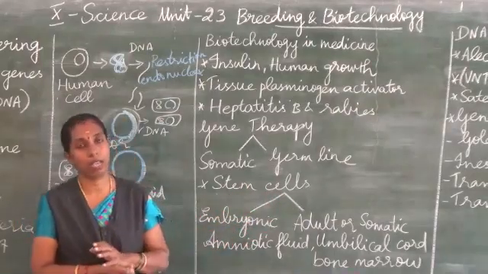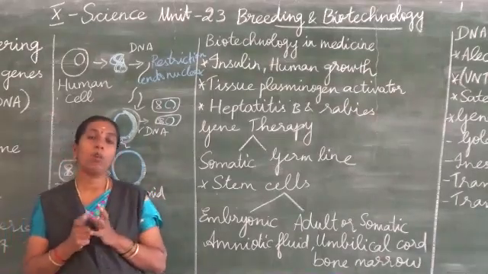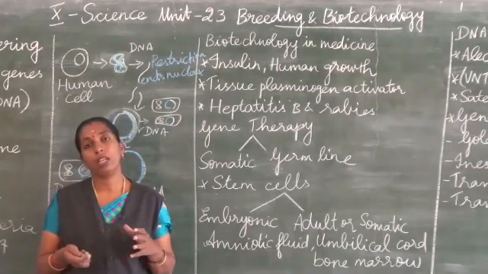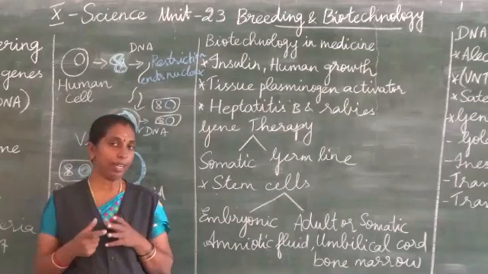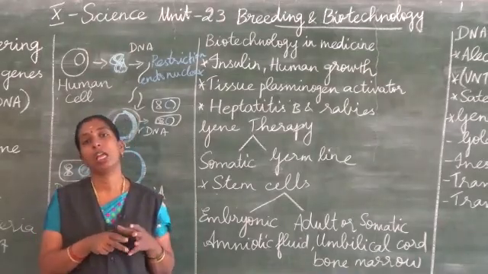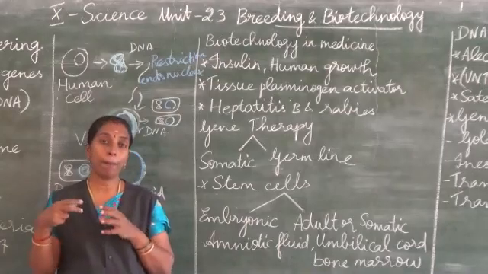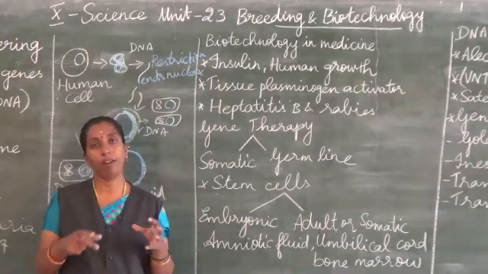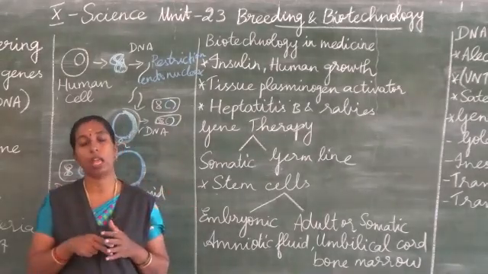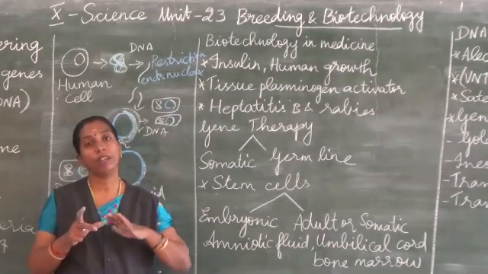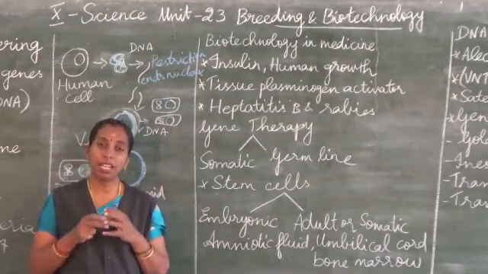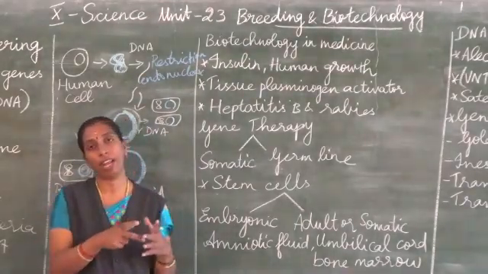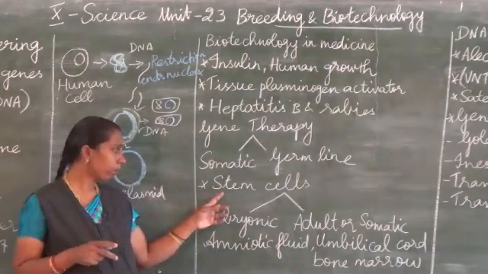What are stem cells? In our body, we have different types of cells. Some cells are differentiated cells like nerve cells, heart muscle cells, liver cells, each is different. The neuron is a different type of cell. That is called differentiated cells, but there are some specialized masses of cells which have the ability to keep on dividing and dividing. Those cells are called stem cells.